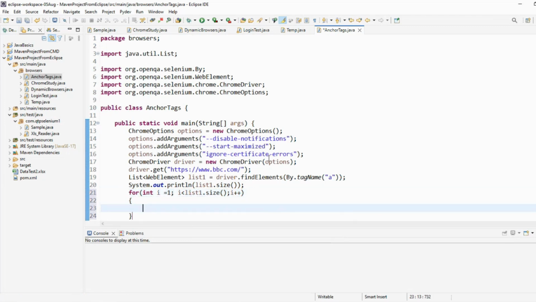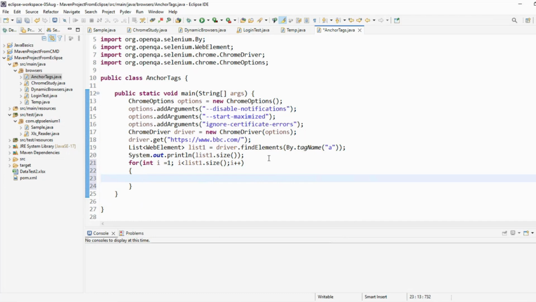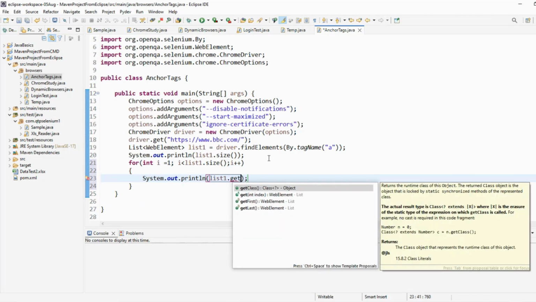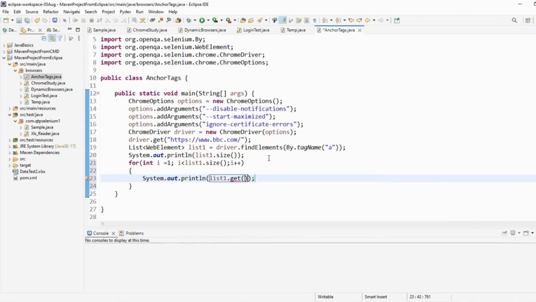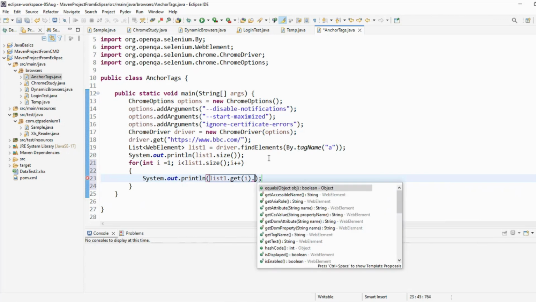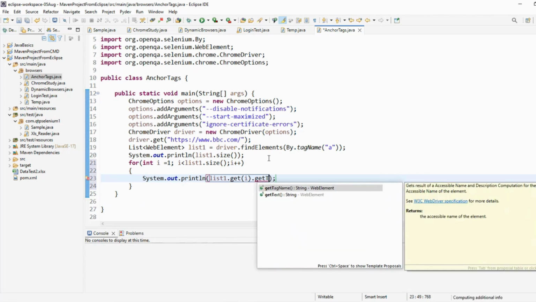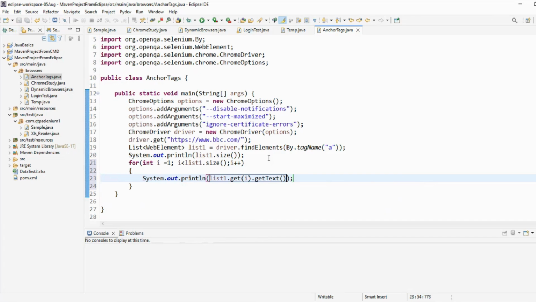I just write SYSO, and say list one dot get, and pass my item, dot getText. Now if I run this,